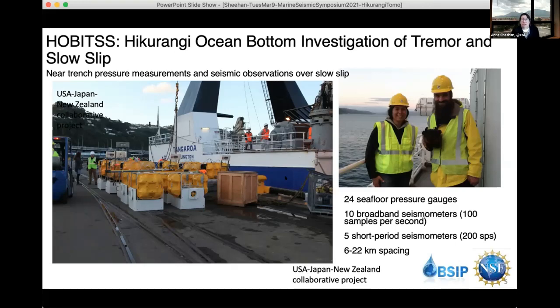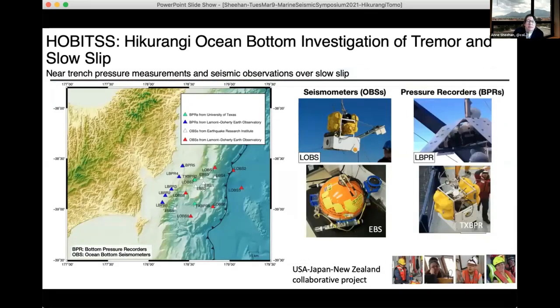The experiment included 24 seafloor pressure gauges that were deployed, 10 broadband seismometers, 5 short period seismometers, and a station spacing of about 6 to 22 kilometers. This shows where the instruments were and the different instrument types. So we do have kind of a heterogeneous network,